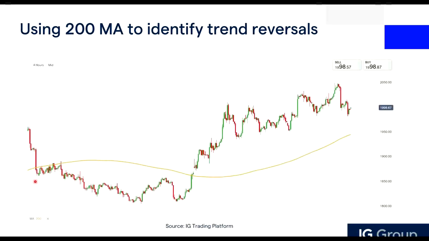Okay, so another example here. Previously it was in a downtrend because it was trading below the 200 moving average. So lower highs, lower lows, downtrend. Once this 200 level is broken, we are trying to look for buying opportunities. So this 200 line is actually kind of like an indication as well. If prices are trading above, then potentially it is in an uptrend. And if prices are trading below, then potentially it is in a downtrend. So if prices are above, we look for buying opportunities. Prices are below, we look for selling opportunities.